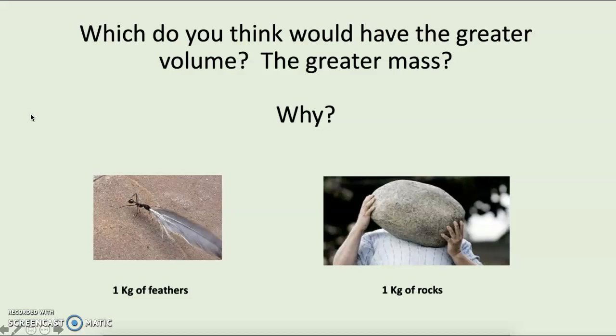Now, to get 1 kilogram of feathers, you are going to need a lot of feathers because feathers are very light individually. So to get a kilogram of feathers, you're going to have to stuff a lot of feathers into a bag. And that bag is going to be much bigger than what 1 kilogram of rocks will look like. So the volume of 1 kilogram of feathers is going to be much greater than the volume of 1 kilogram of rocks. So why? Well, there is a key word that links all of this together, and that key word